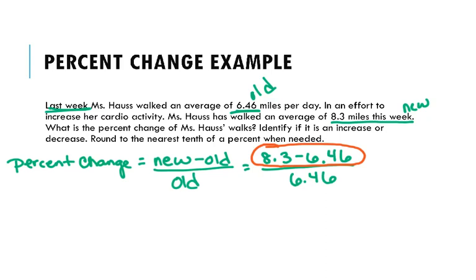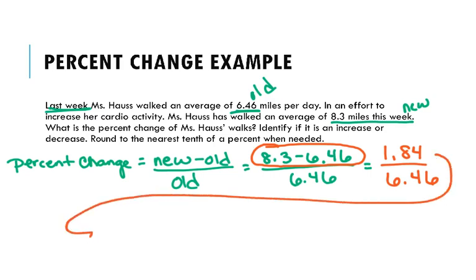So let's simplify the top. All right, so when I simplify the top, I get 1.84 all over my denominator still, 6.46. Now I can do the division here. And when I divide that in my calculator, I'm going to just bring the answer down to here. That gives me